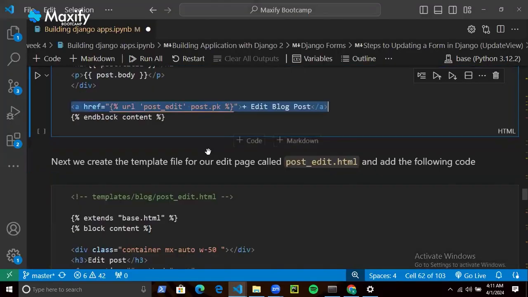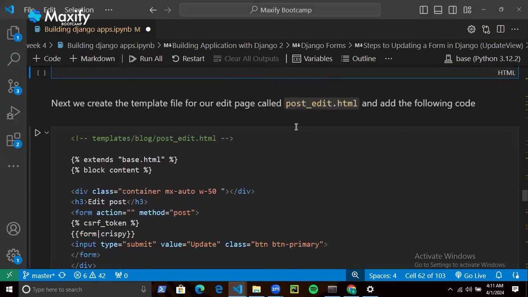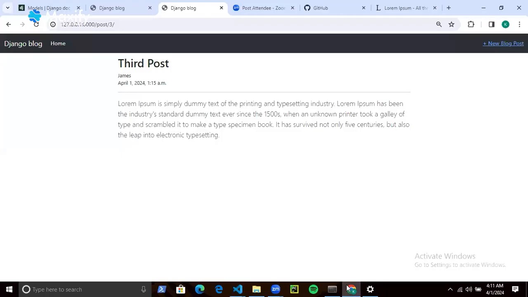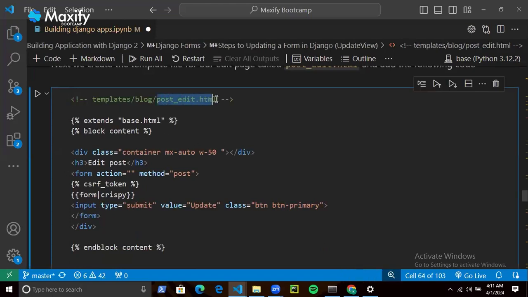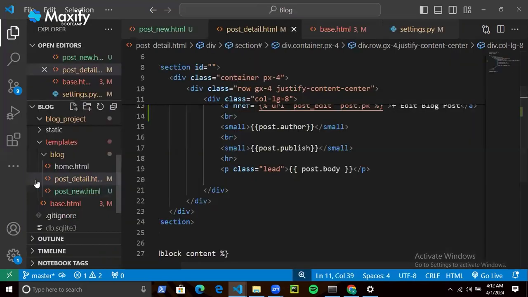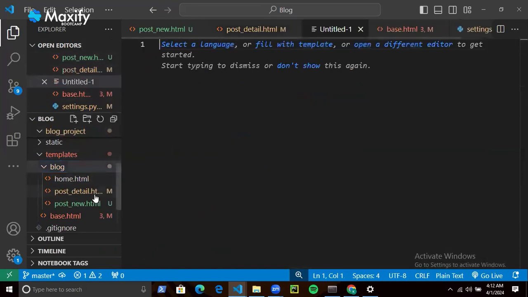Now the next thing I'm going to do is to create a template called post edit. This is where we now edit the actual form. So once a user clicks on the link to edit, it takes them to a form, right? So let's quickly create the form. The name of the template is going to be post_edit.html, right? So come here, create inside the blog directory, create a new template,